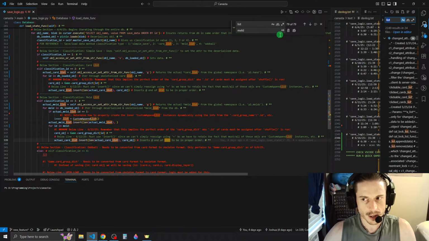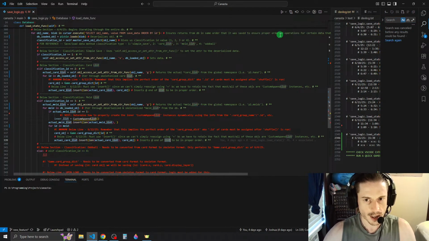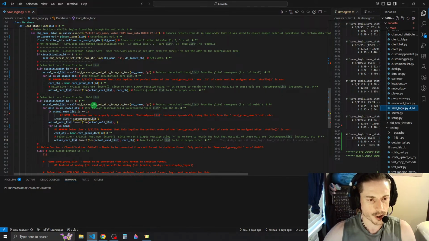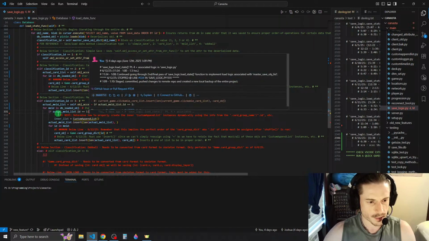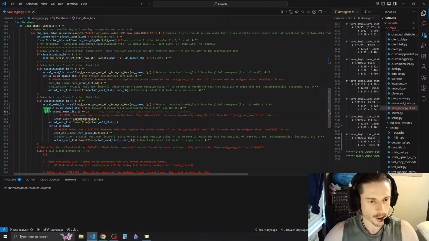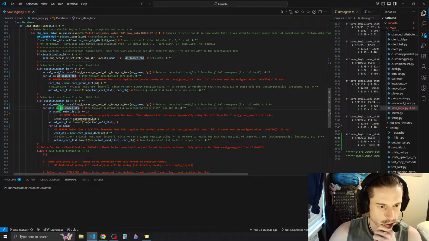Okay, that one might need to remain as it were. All right. So for meld in the DB loaded object, if the actual meld list ID is equal to 1,